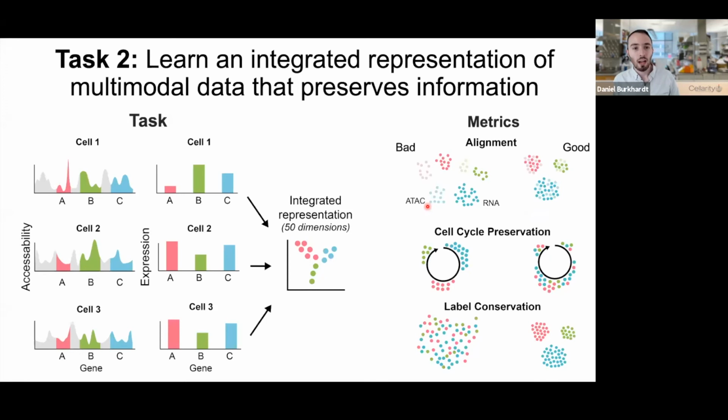The second task is around learning integrated representations of multimodal data. Again, I'm showing you ATAC-seq and RNA-seq, but we can also do this for RNA and protein. The goal is to take multimodal measurements across cells from each of the donors, and then to learn an integrated representation of the data in a reduced dimensionality that preserves meaningful biology. The kinds of things we might measure here to score performance are actually quite similar to how you might think about this challenge in batch integration. So you can look at alignment in this reduced dimensionality, and it would be bad if you have all of your ATAC-seq profiles on one side and all of your RNA-seq profiles on the other. It's good if you have the cells more mixed,